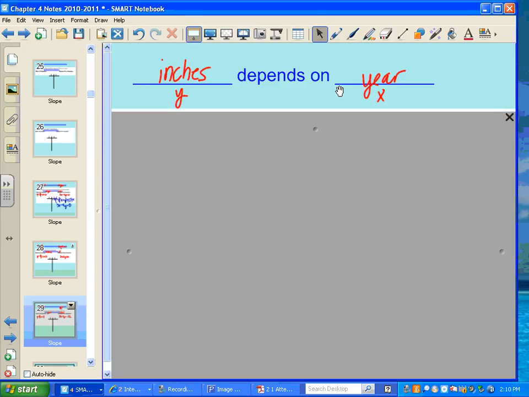Every year you're gaining so many inches. So that means inches depends on years. Does anybody else have it mixed up? Slope-intercept form. Y equals 5x